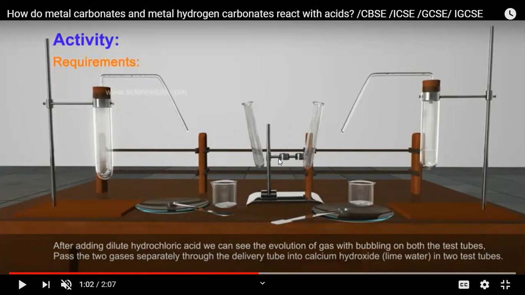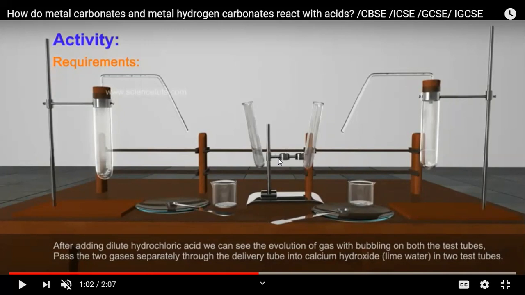So you should be sure about the general reaction: metal carbonates react with acids to form salt, carbon dioxide and water. The gas released is carbon dioxide. The main thing is how to prove that it is carbon dioxide gas, or how to give the test of